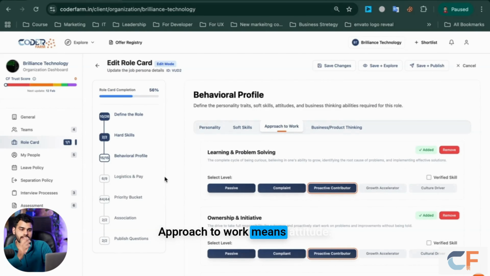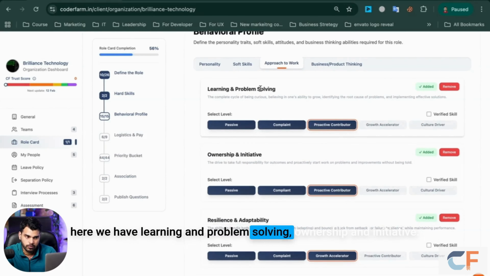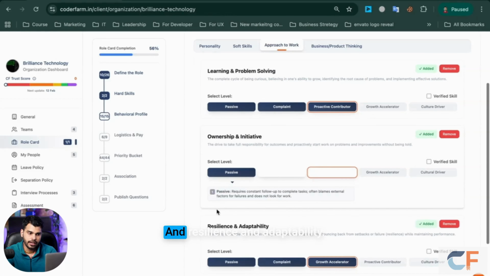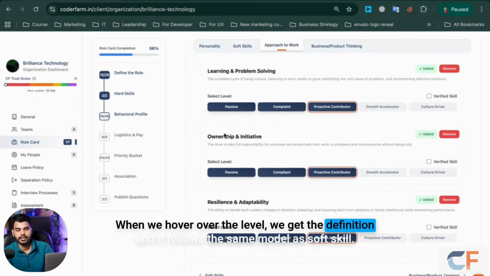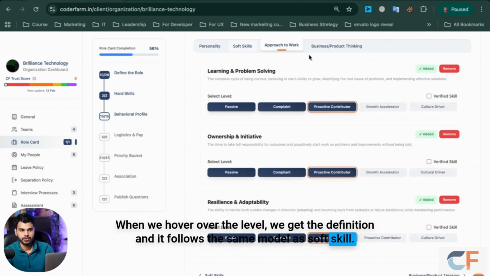Approach to work means attitude. Here we have learning and problem solving, ownership and initiative, and resilience and adaptability. When we hover over the level, we get the definition, and it follows the same model as soft skill. Last one is